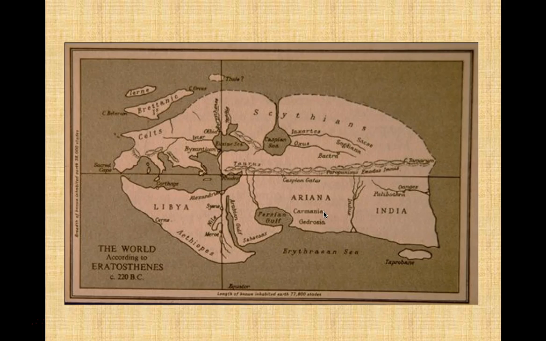Okay, last piece of evidence is this. This is a map of the world that was produced by Eratosthenes. Now, this is just a kind of facsimile version of it, or a representation of the original map. Obviously, they didn't have typeface and things like that in ancient Alexandria. It comes from circa 220 BCE,